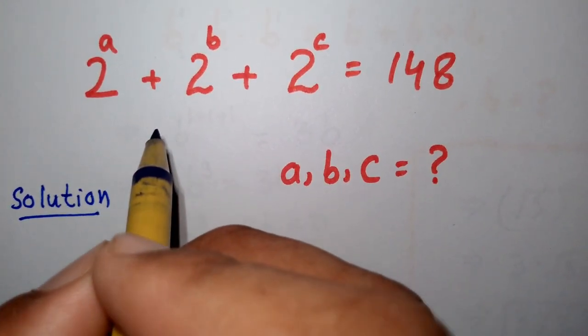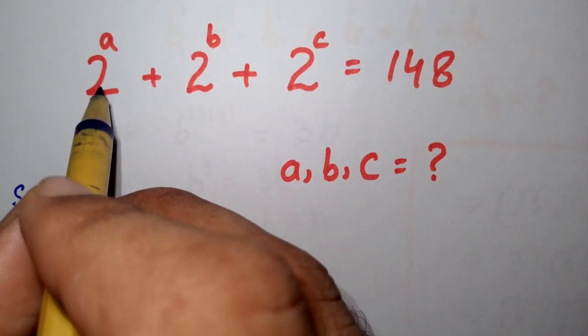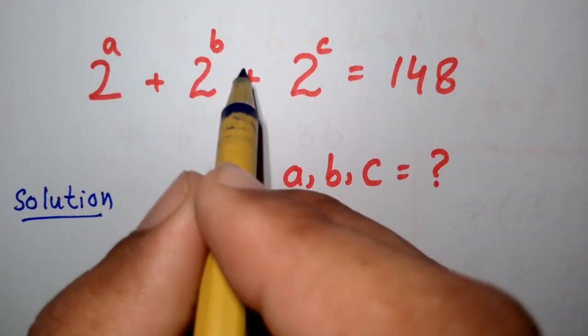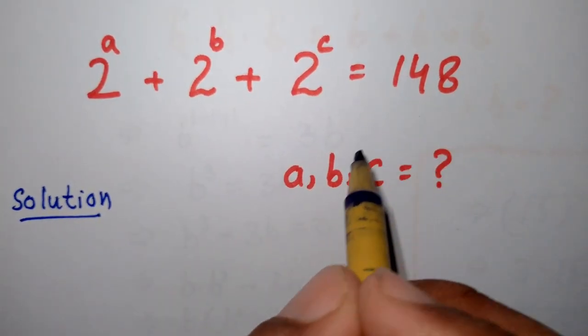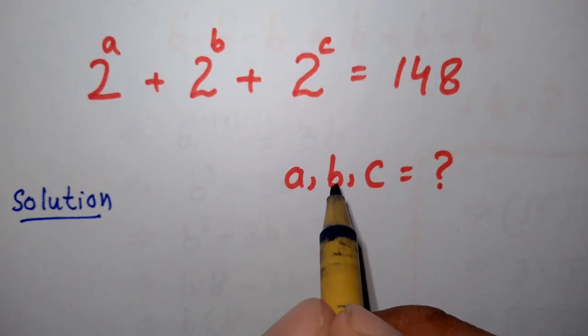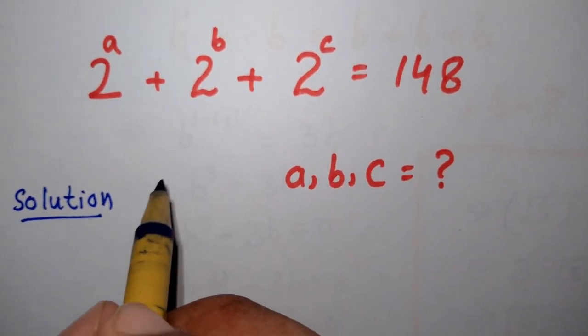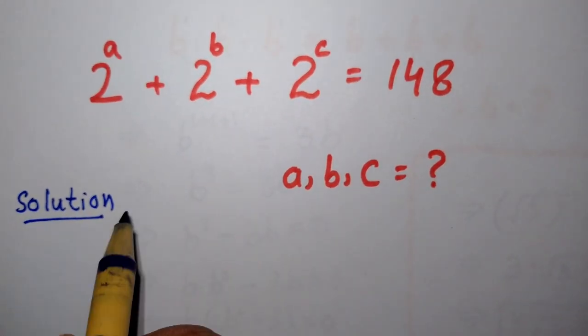We have to solve a very interesting question: 2 to the power of a plus 2 to the power of b plus 2 to the power of c is equal to 148, and we have to find the values of a, b and c. So, solution: